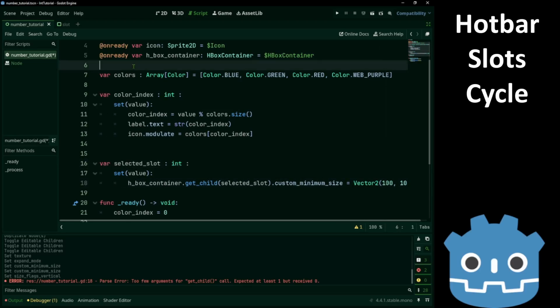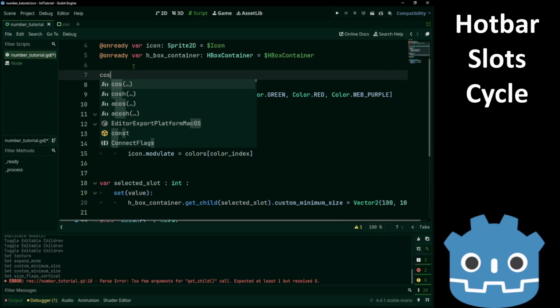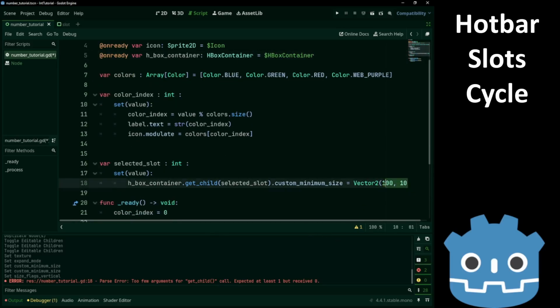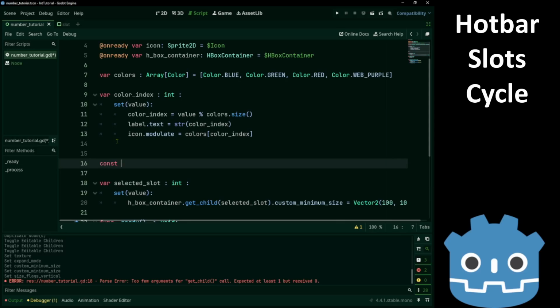If you want, you can also use a constant. Base size.